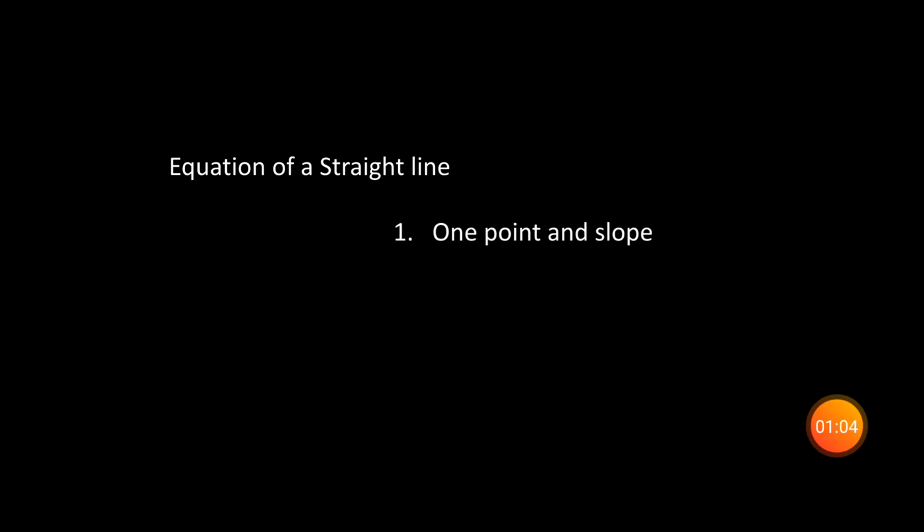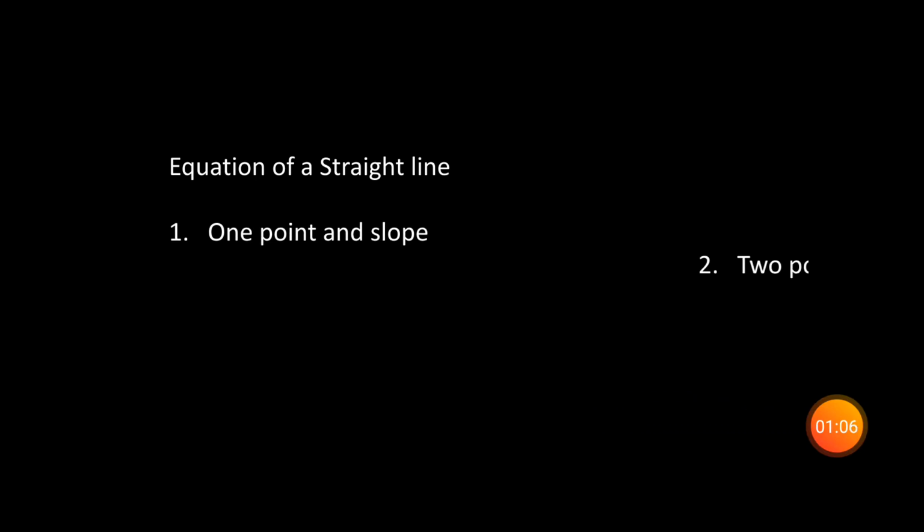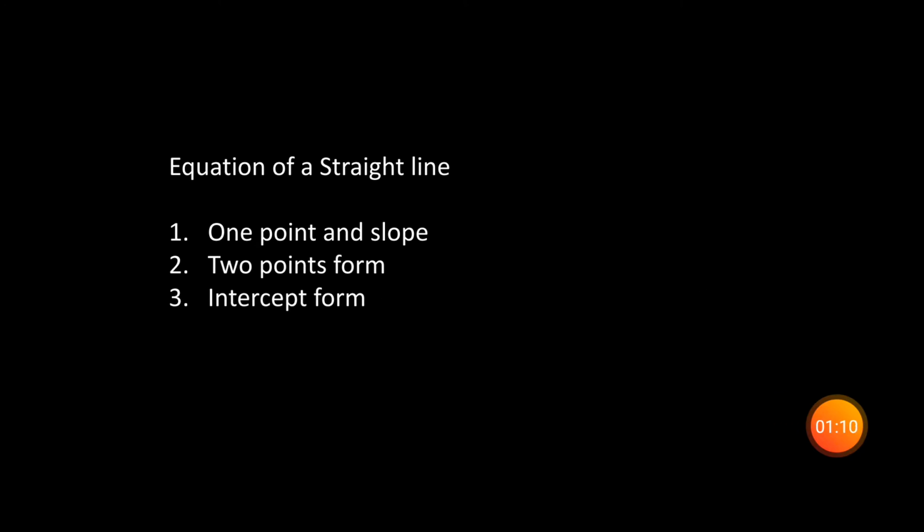In 11th standard, you have studied about the straight lines and you studied many of the types of straight line when different forms are being asked. So first was when the slope as well as a point was given to you. So that was the slope and point form. And the second was two points form. And the third was intercept form. And the fourth was normal form.